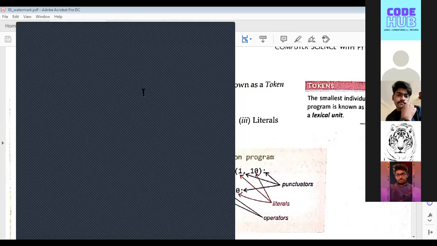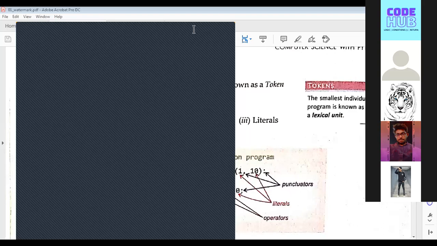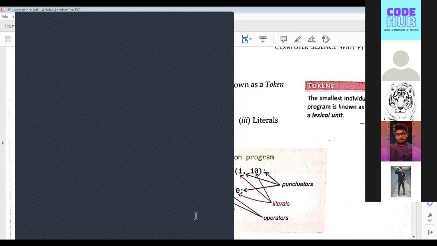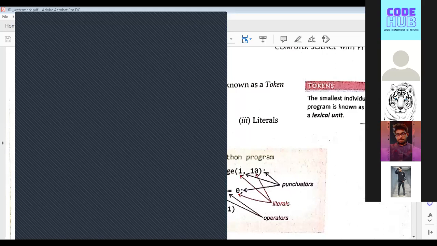Can you see my screen, guys? No, ma'am. You could have told me. It is coming as blank. Share your entire screen. You shared a window only. Okay, wait. Part of the screen is visible, ma'am. Share it again. Yeah, I get it.